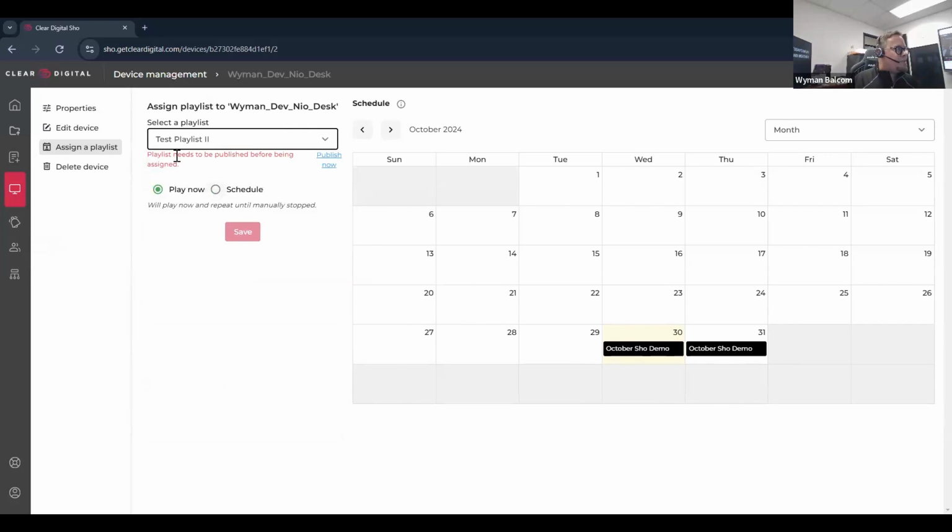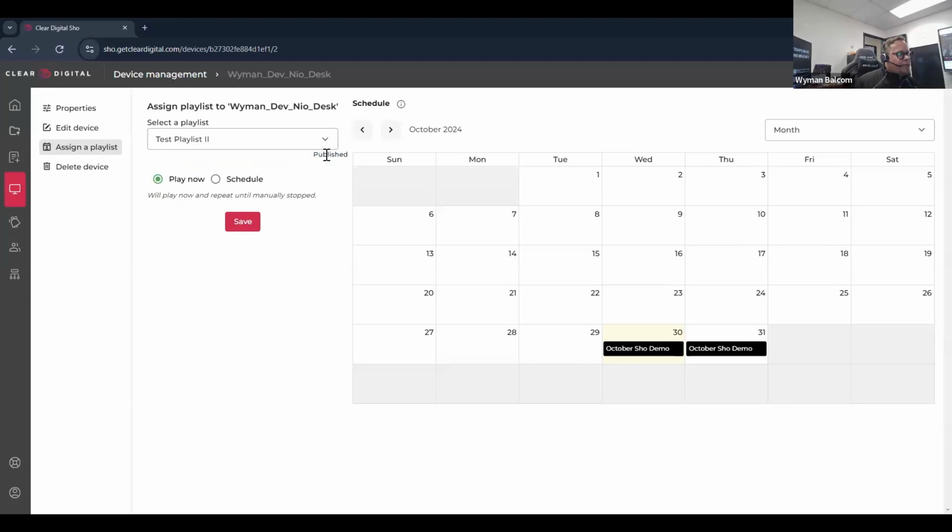But look here, it says playlist needs to be published before being assigned. So as I mentioned earlier, when you're creating your playlist, you want to make sure you click the publish button. But even if you happen to forget to click publish, there's a publish now button here on the right-hand side. So once I click that, that playlist is live and I can now send it to my displays. So if I click on schedule here,